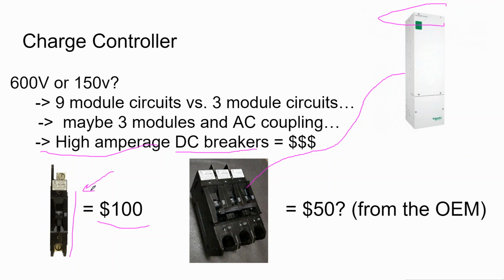Now, on my first design, I ordered my breakers in a rush, and I looked at the output amperage of my Schneider, and it said 80 amps. And so I thought, oh, okay, well, this isn't my main overcurrent protection device for the system. I'm just going to get an 80 amp breaker and land on it. Well, the problem is I generally oversize my systems, and I was actually getting all 80 amps out of that charge controller, and it was tripping my breakers. I really should have done it properly and upsized the breaker with a 100 amp breaker.